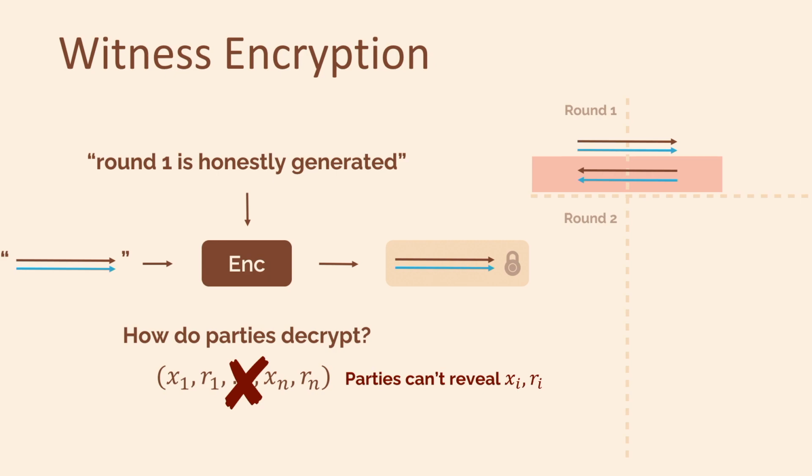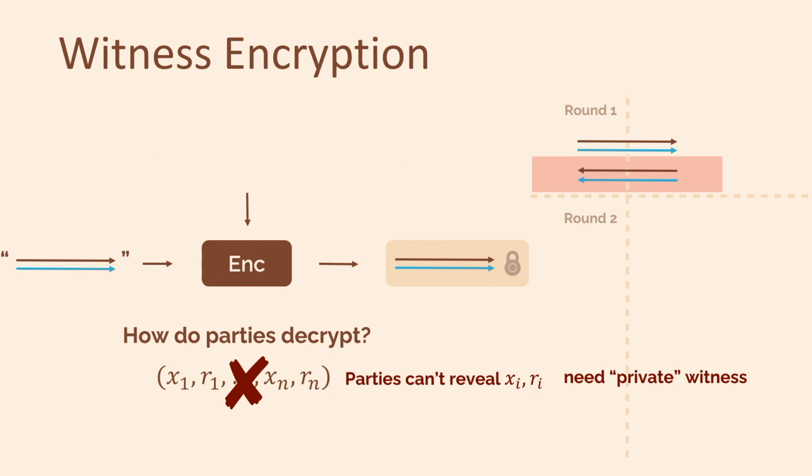So what could we use to fix this? Well, if we had some sort of privacy-preserving witness that each party could publish, and the witness for the statement is a concatenation of these privacy-preserving witnesses, and these witnesses reveal nothing about the underlying secret witnesses, then that would be good, right? This should sound very familiar, because what is zero knowledge? It's exactly that. It's a way to publish a privacy-preserving proof that convinces a verifier of the validity of the statement, but doesn't reveal the underlying witness. So let's try to use this.